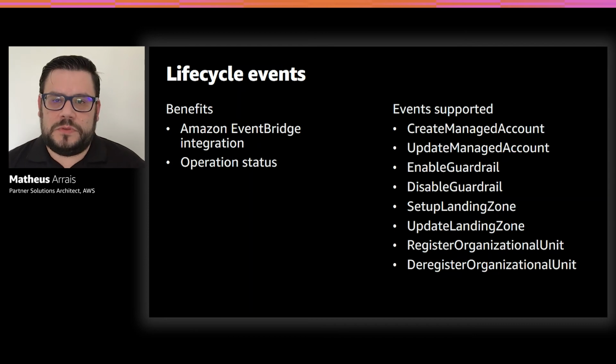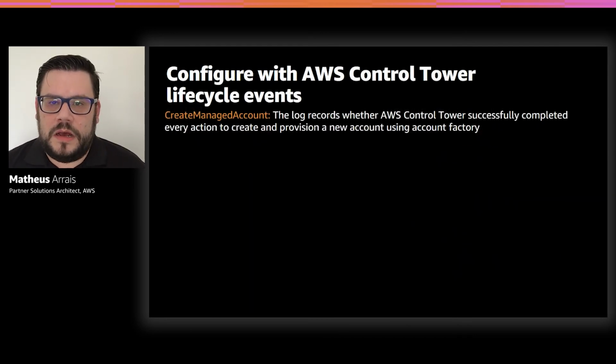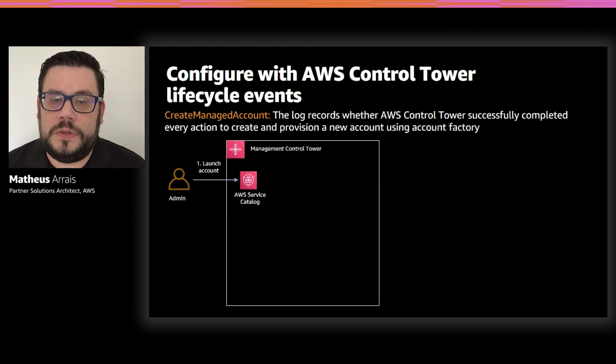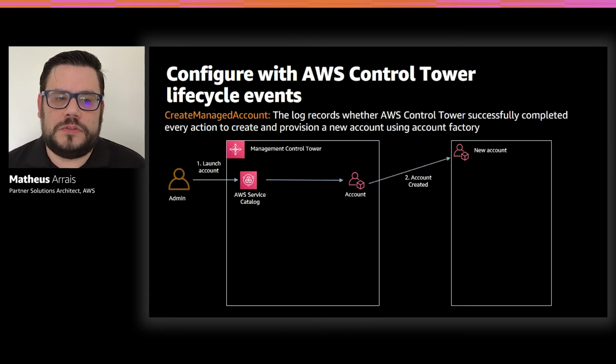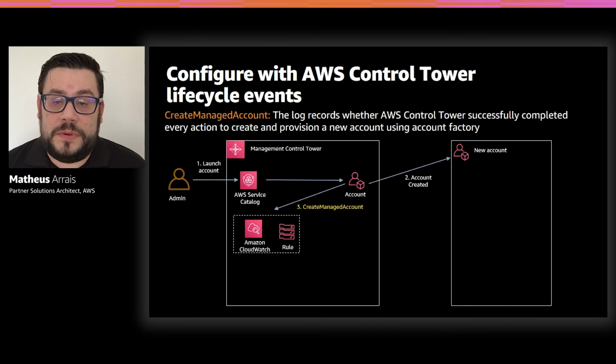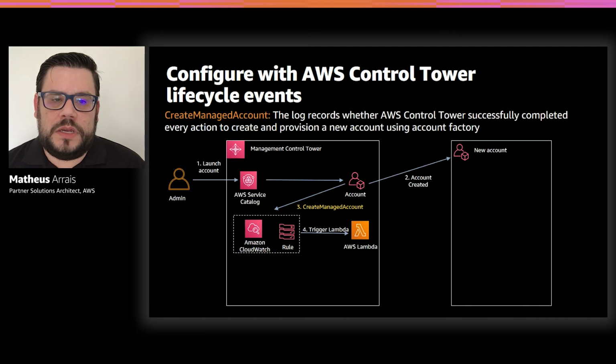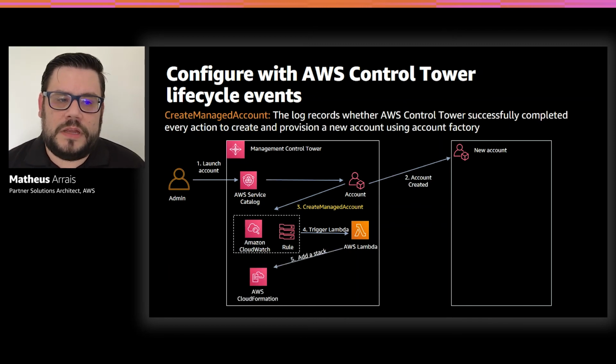So let's see an example to make this clear. I have here one of those events, creating a managed account. As an admin, I can launch a new account through AWS Service Catalog. We discussed that in Account Factory. After successful creation of the new account, our event will be delivered to Amazon CloudWatch Events, and I can create